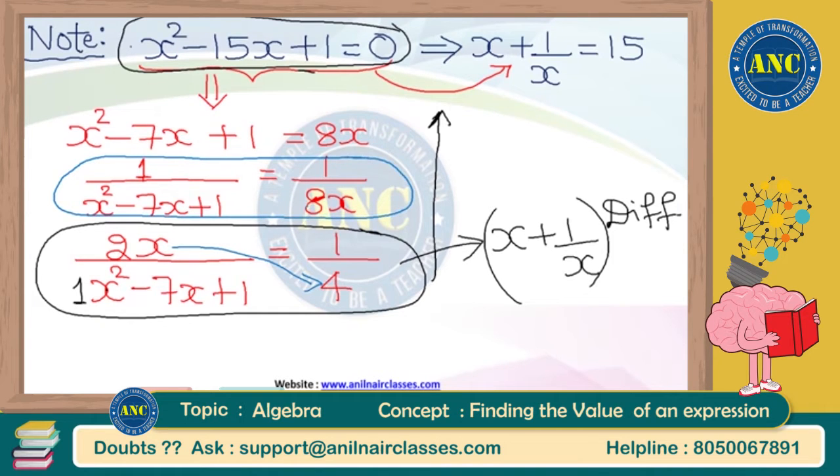Next, this 8x, if I shift it to the left hand side, becomes minus 8x. Minus 7x is already there. It becomes minus 15x. That means it becomes this particular quadratic equation. Whatever I said right now, everything should be calculated in your mind itself. And once you create this quadratic equation, x plus 1 by x is never a difficulty because the coefficient is 1. Even if the coefficient of x square is not 1, you can just say very fast how to find the x plus 1 by x value.